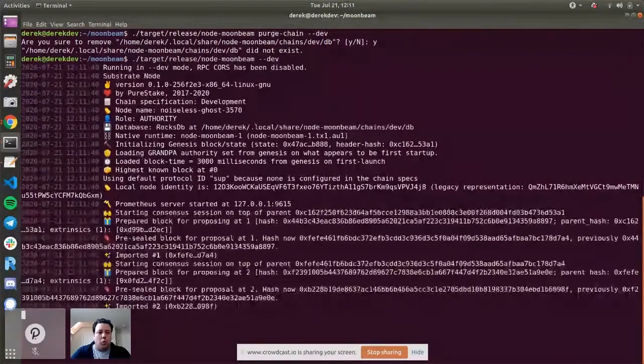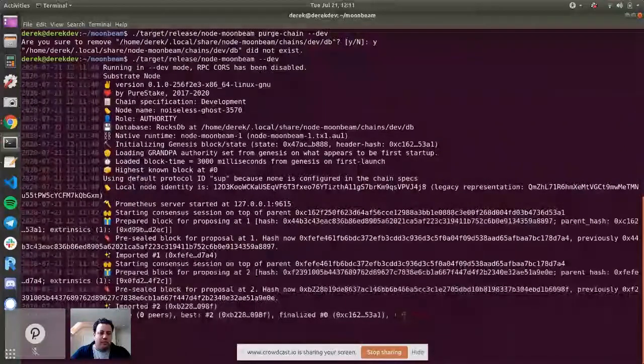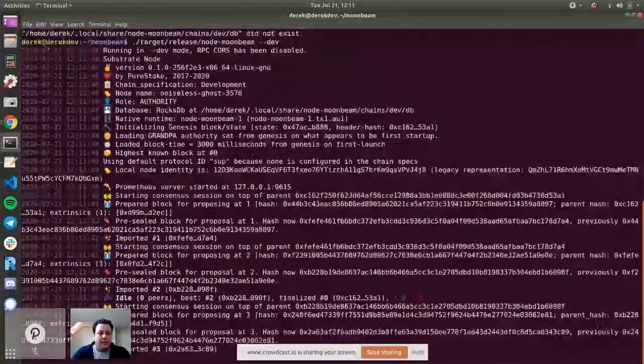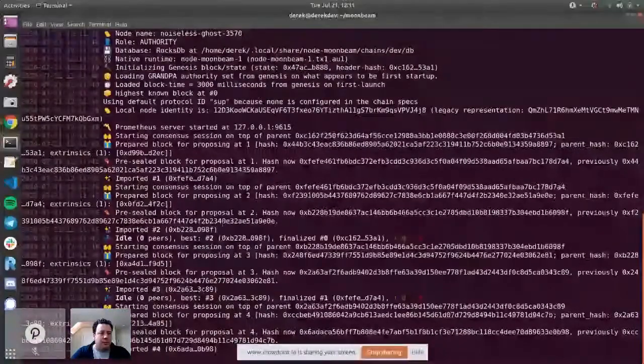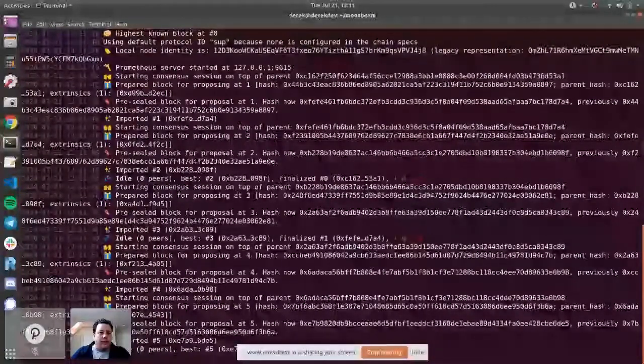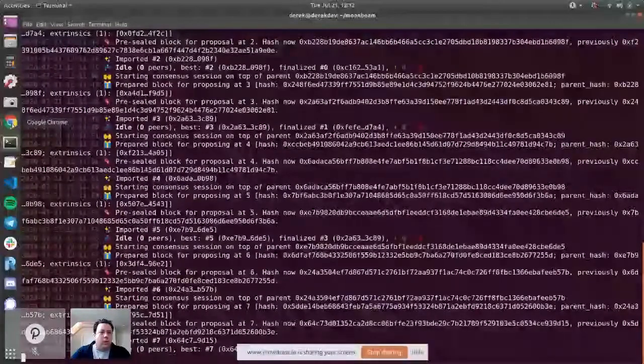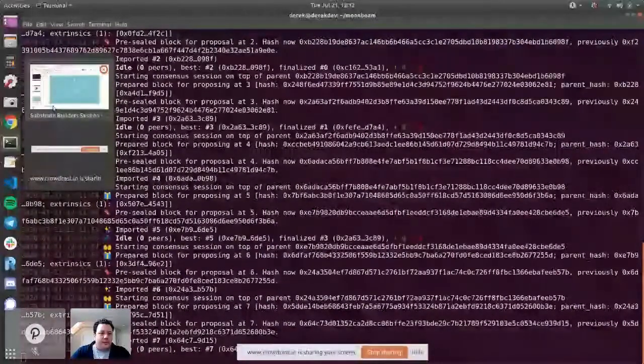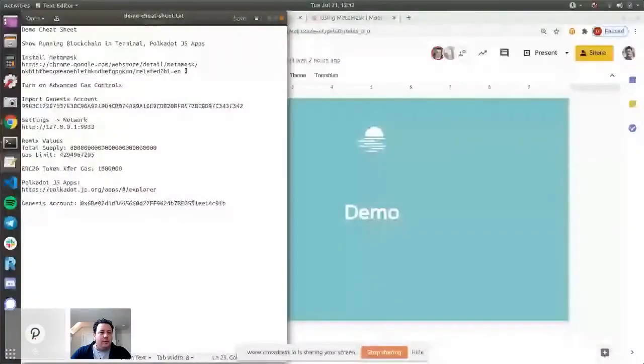So this is just a local Substrate-based node with our runtime and with some of the Ethereum compatibility features in it. And you can see here, as usual, blocks being produced as you'd expect on a regular Substrate node. I do have a cheat sheet here, so you'll see me pop this open from time to time.